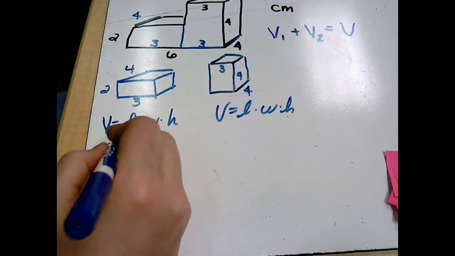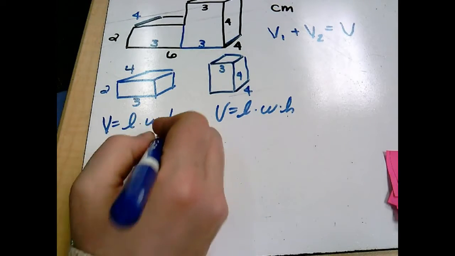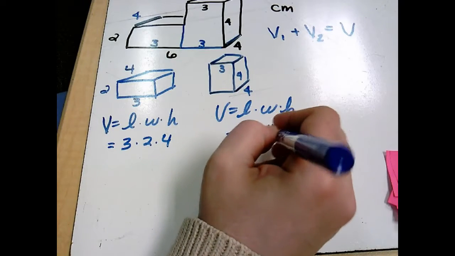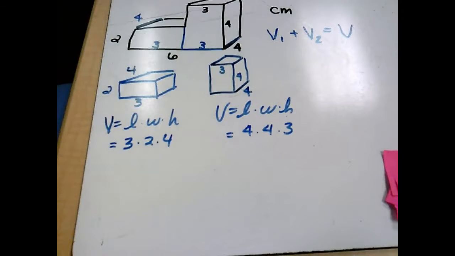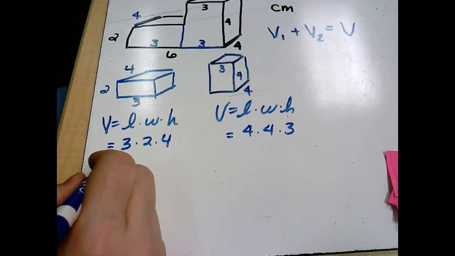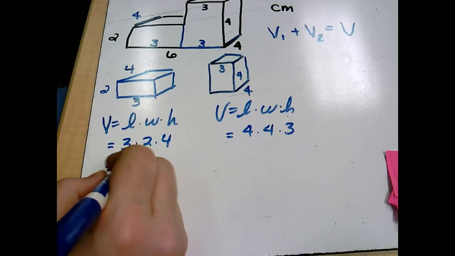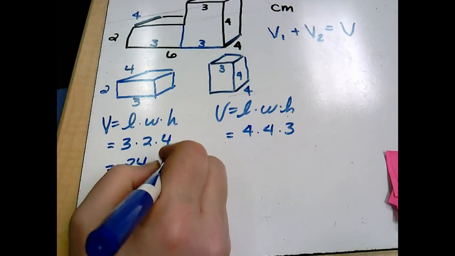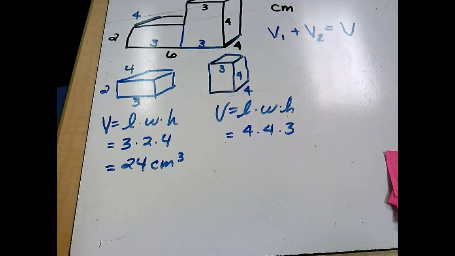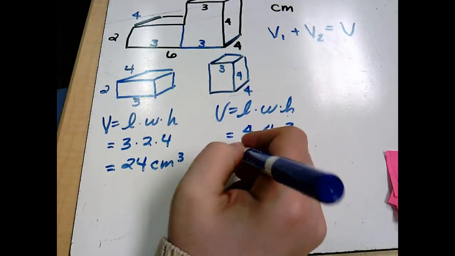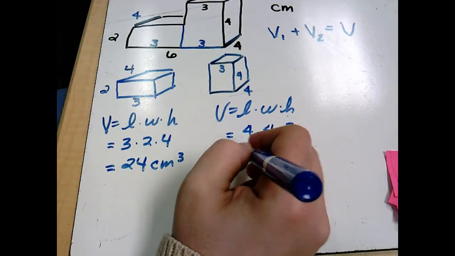So my volume should be 3 times 2 times 4 there. In here it should be 4 times 4 times 3. So 3 times 2 is 6, times 4 is 24. And again, we were in centimeters here, so that's cubic centimeters. And then here on my other one, I've got 4 times 4 times 3. So 4 times 4 is 16, times 3 is 48